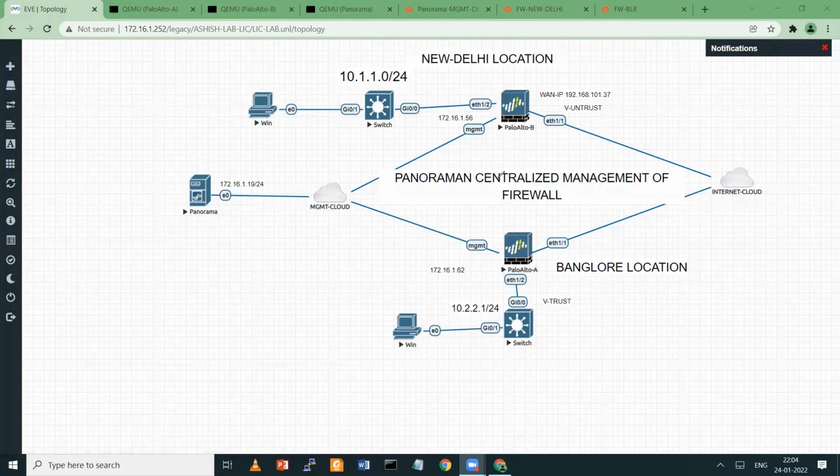The very first thing your firewall should know about Panorama is interface reachability and the Panorama IP address. The interface which is making the connection to Panorama is your management interface, from the New Delhi location.